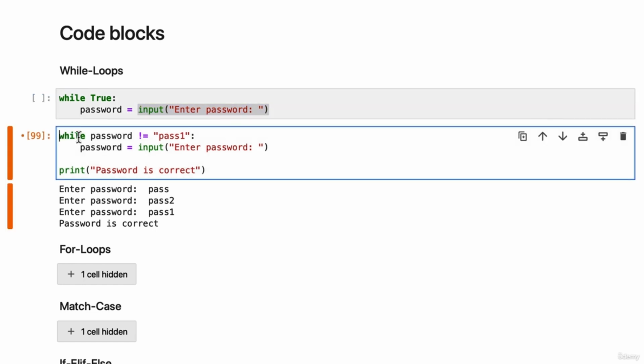While this here will run until this condition is satisfied. So this is some sort of finite loop. So it will ask the user to enter a password, but if the user happens to enter pass1 in the command line,